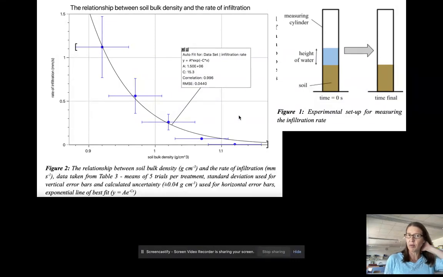There's this really nice one that was done last year looking at the impacts of soil compaction on agricultural productivity. And so they were looking at how water could infiltrate depending on how compact the soil was. And a lot of different agricultural practices could result in compact soil, which could affect the productivity and the yield. So this was a great study.